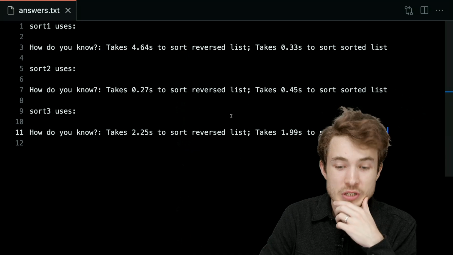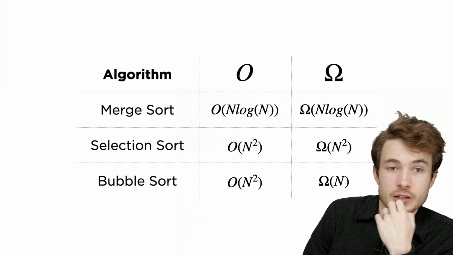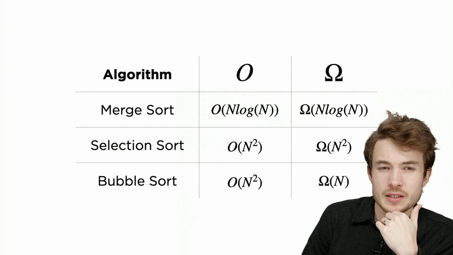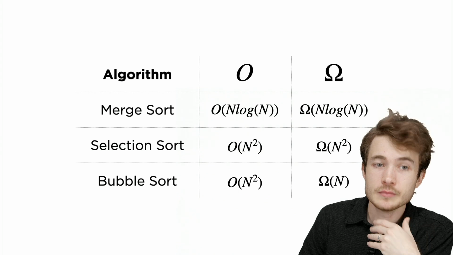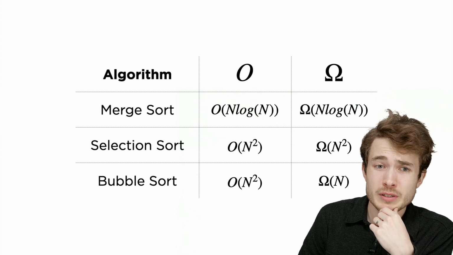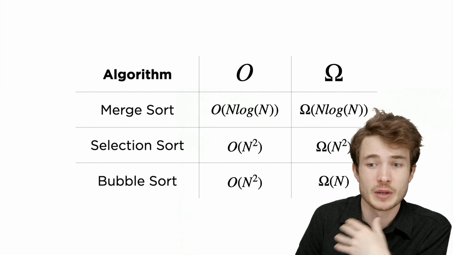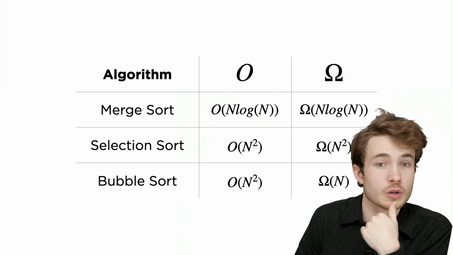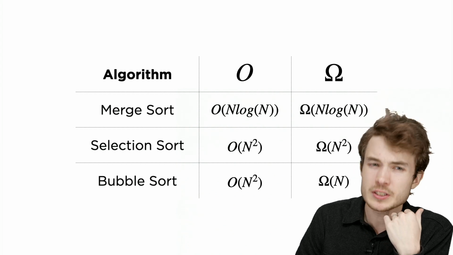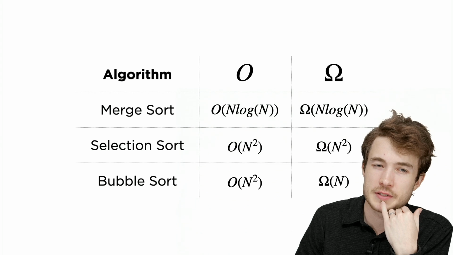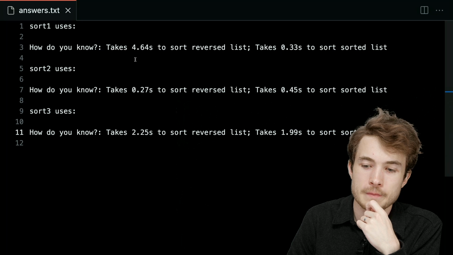And we'll keep in mind what we know about our algorithms over here. So it seems like merge sort, if I look at this list, is generally pretty fast in both cases. Selection sort seems to be pretty slow in both cases, both my reversed list and my sorted list. Bubble sort, though, seems to be slow in the worst case, but actually pretty quick in the best case. So let's take a look then at our numbers.